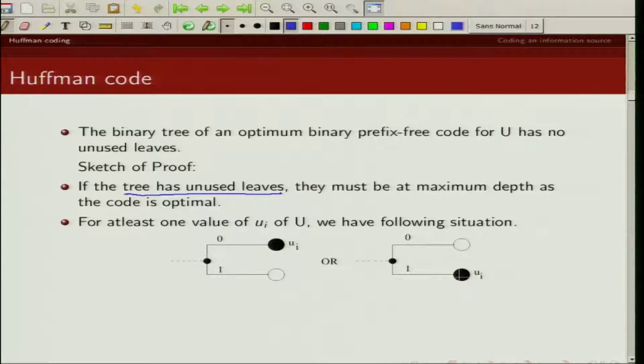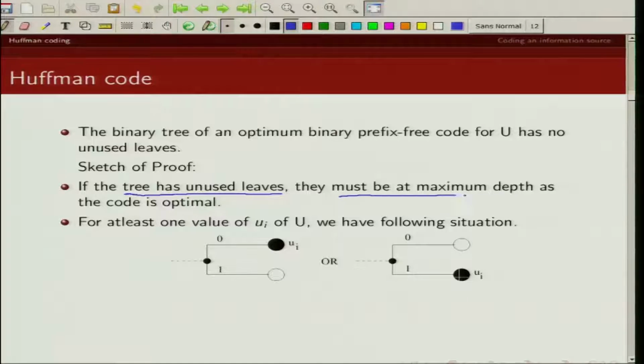Let's say there are unused leaves. Then these unused leaves must be at the maximum depth. Otherwise we can always bring in a code word from higher depth to smaller depth, in the process reducing the expected code word length. So if at all there are unused leaves, they must be at the maximum depth, otherwise the code would not be optimal.